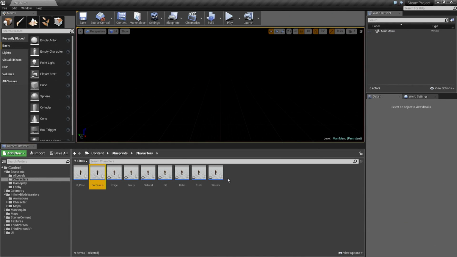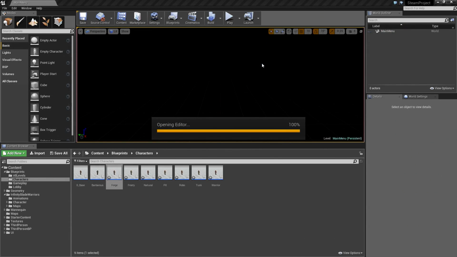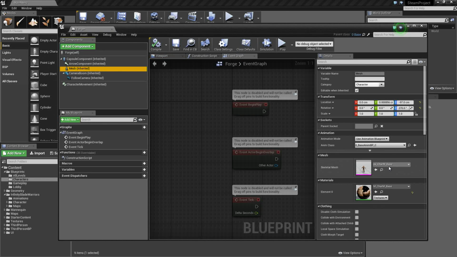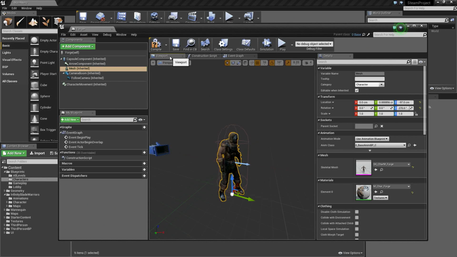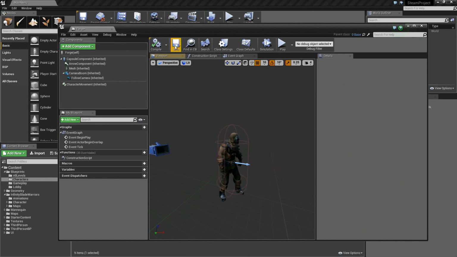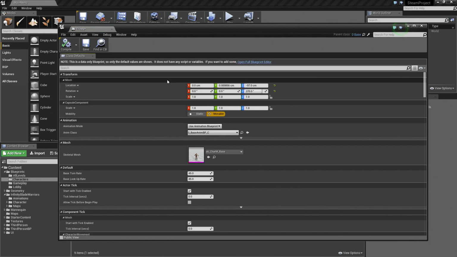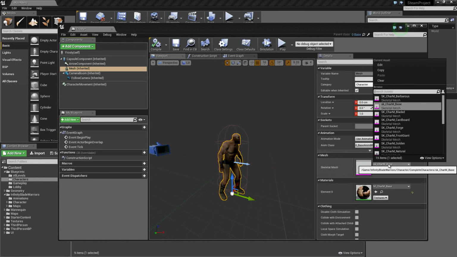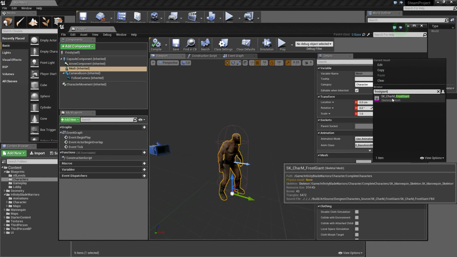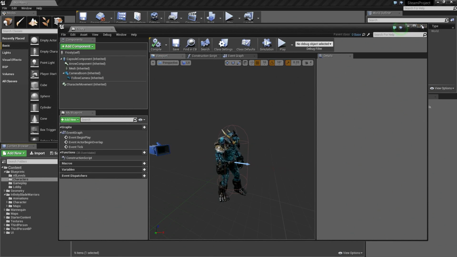Do the same for the rest of these characters here. So we'll open up this and go to full blueprint editor, mesh, change the type to forge, select them. Let's go to the viewport, make sure. Yep, so there's forge. Compile and save, close that. Open up Frosty, full blueprint editor, viewport, mesh. This character is actually called Frosted Giant. I just called him Frosty because that's cooler. So Frost Giant, there we go. Compile and save, close that.